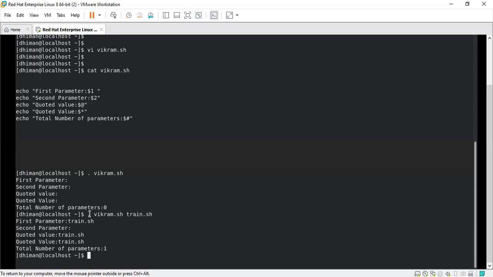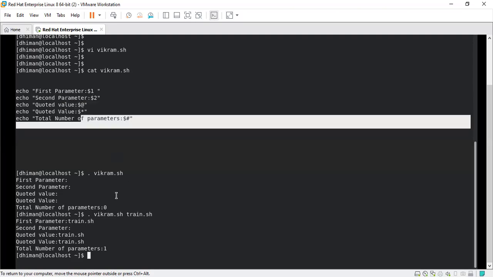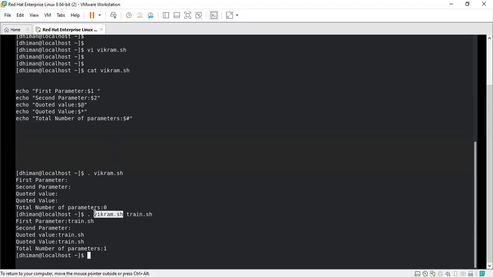So vikram.sh is a script which is going to read these values from the script train.sh.